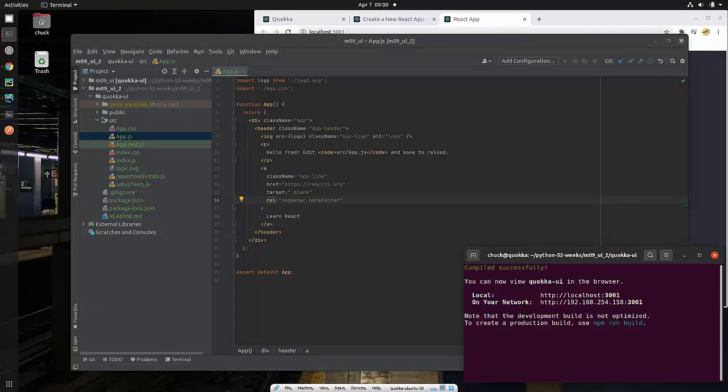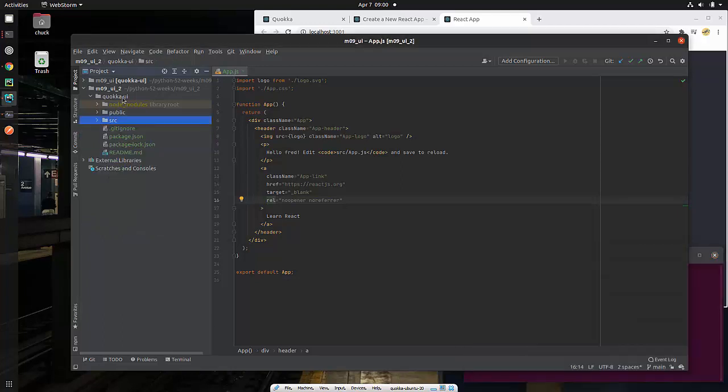So let's take a look at the code really quickly, and this is the last thing we will have time for here. This is my Quokka UI. All of this was created automatically for me. I did not touch any of this. Everything in node modules, everything in public, all of these package lock, readme, etc. that was created, including the stuff that is in source. So here you see I have this source stuff, and actually the code we saw that we're looking at right now is